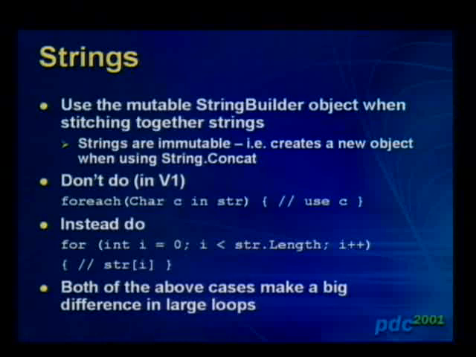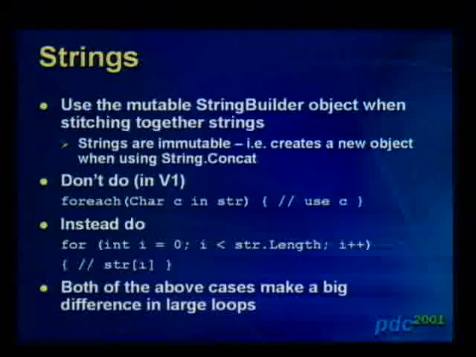For each is a really great construct to iterate over collections. It is totally cool, but the problem is that it does have an inherent penalty associated with it, because it has to get the enumerator and get the next value each and every time. So it actually makes more calls than when you iterate over a collection yourself. So I have some snippets of code here, and the thing to keep in mind is that these